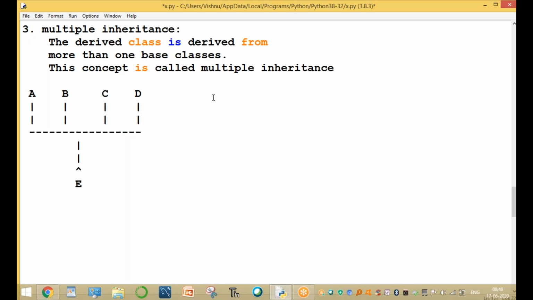Or, for example, father or mother. Grandfather, grandmother. Here we are using some of the properties from father, and from mother.